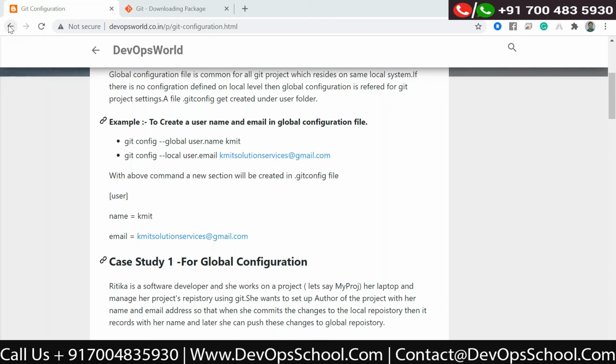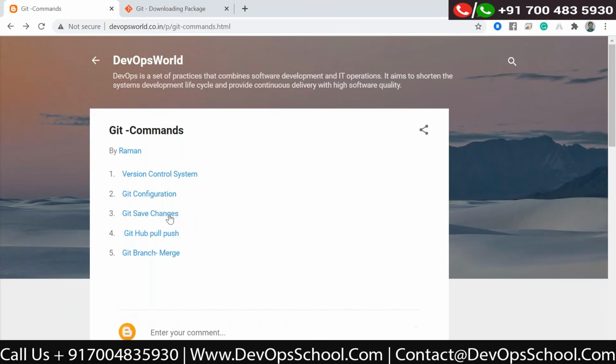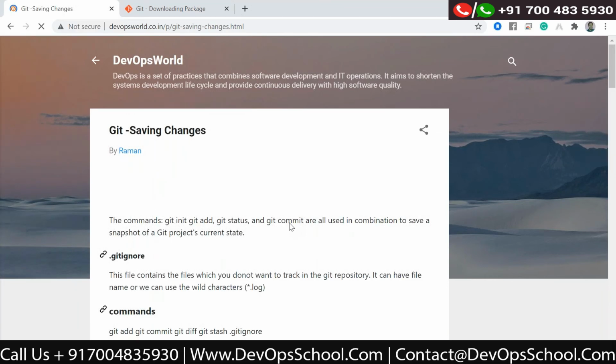Okay, now let us move to the next topic: Git save changes. As I mentioned, when you are storing your project files into the Git repository, the first thing you need to do is save the files into your local repository.